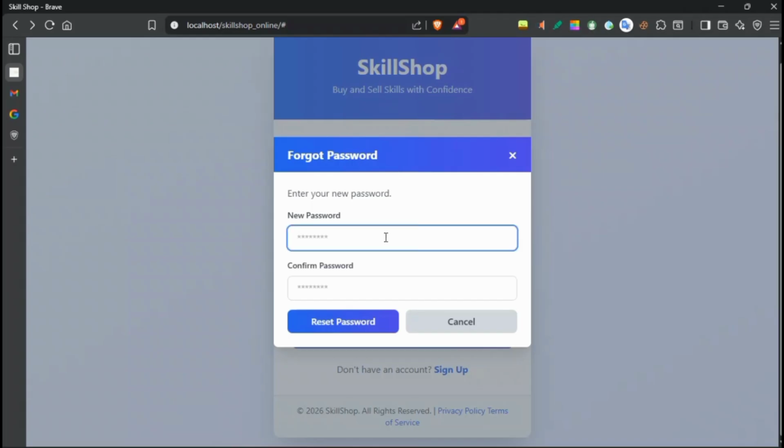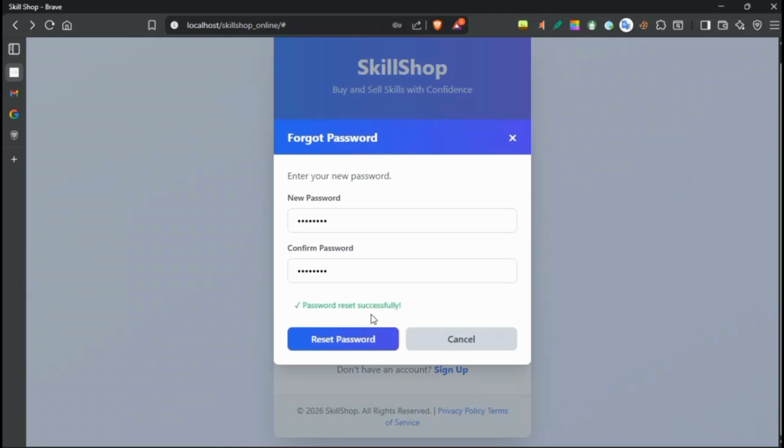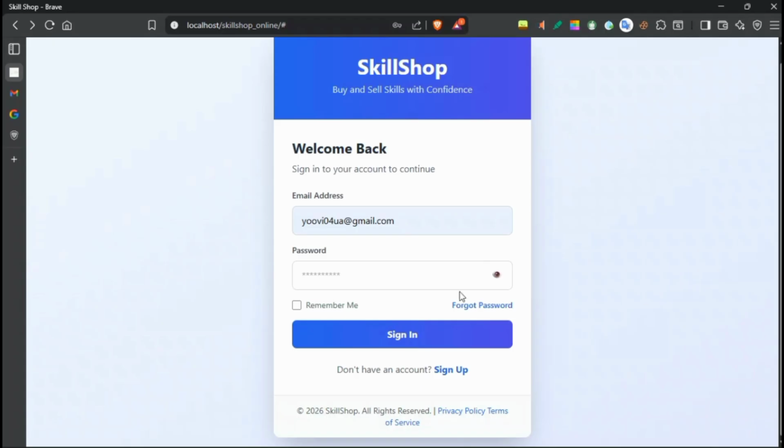So I will enter a new password. Okay, over here too I will enter the same password, and now again I will click on the reset password button, and it says that I have successfully saved my new password to the database. So now we have to see whether this is true or not. So to do that, I will again